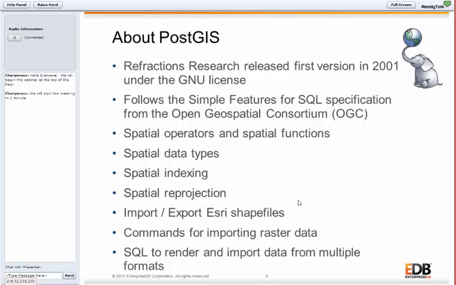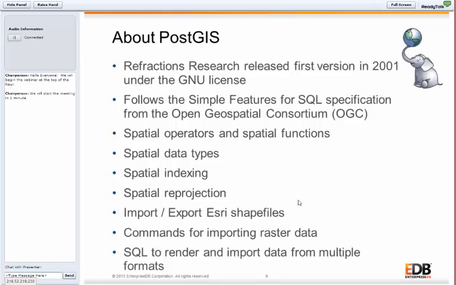Creating a spatial index is simple in Postgres. We just issue the standard syntax, using all the tools you use during your regular database maintenance. Create index name on table name using gist, and then geometry column name. Very simple to issue that command. You can perform a coordinate reprojection as part of a query using ST_Transform, so spatial reprojection on the fly.